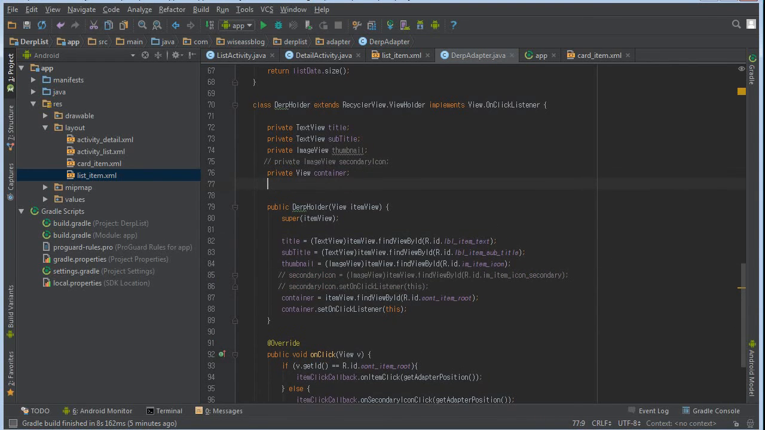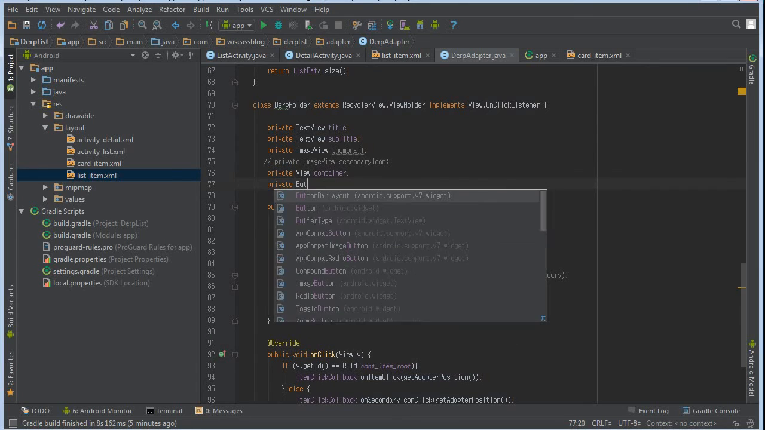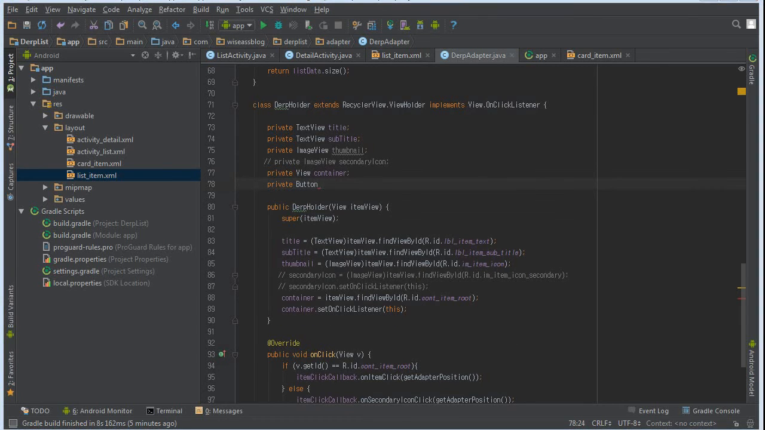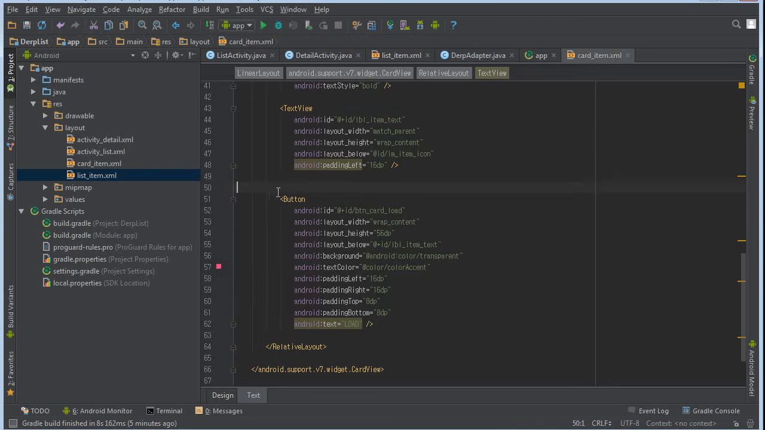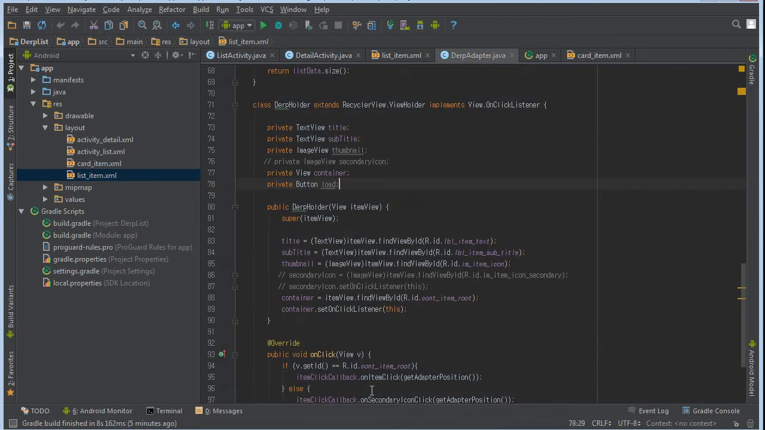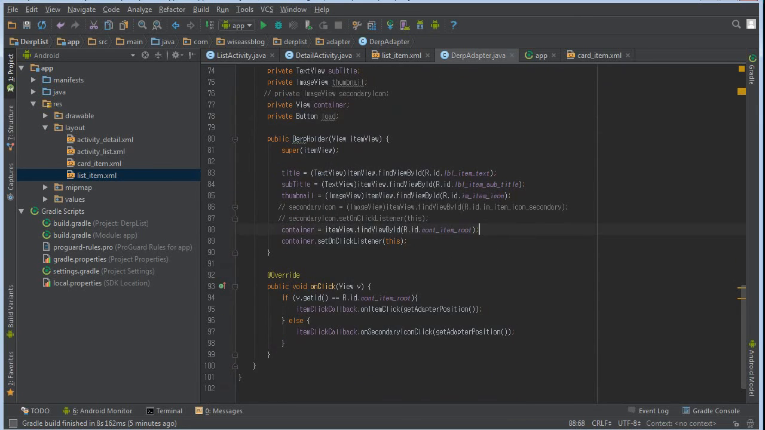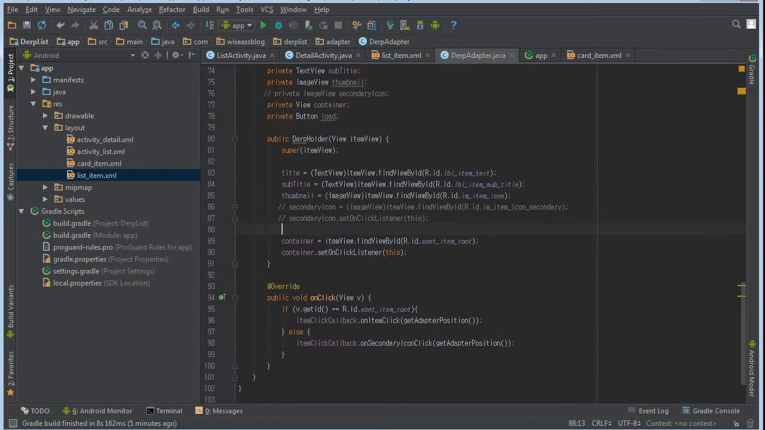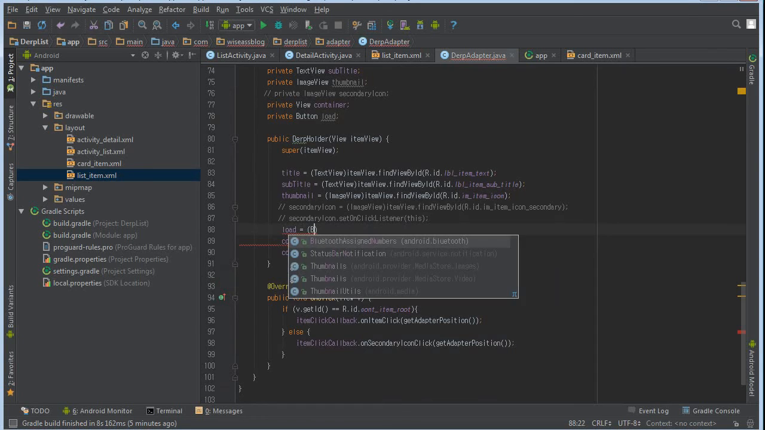We're going to add a button, and I forget what I called that. We're just going to call that button load, and that is this button here in our card_item.xml. Okay, and we'll of course add that. So we'll say load equals